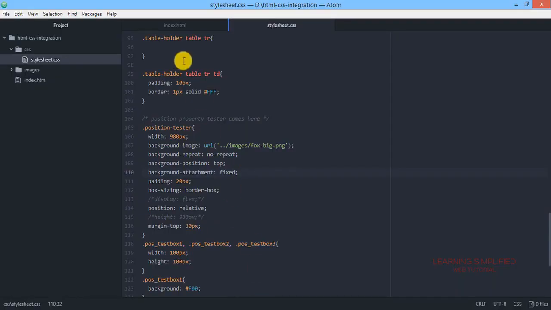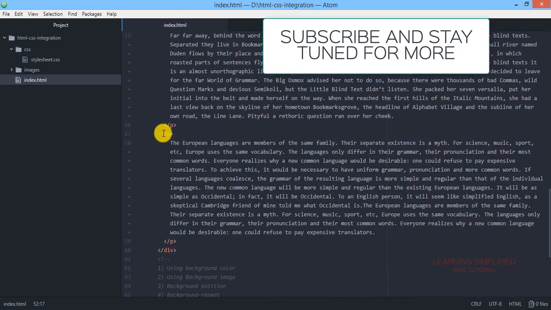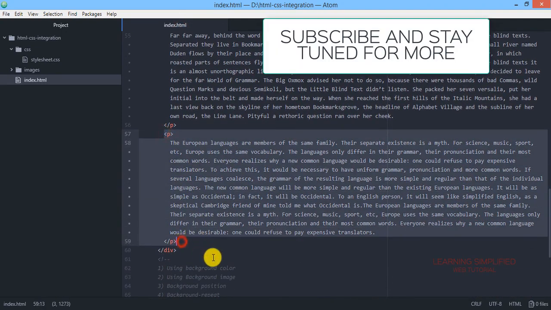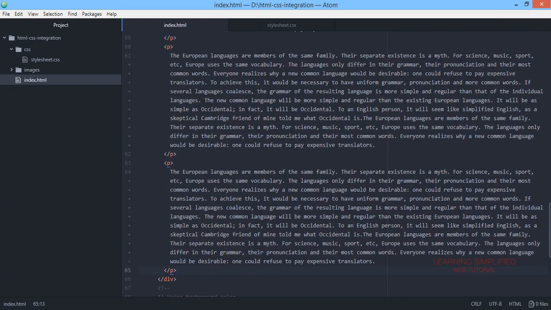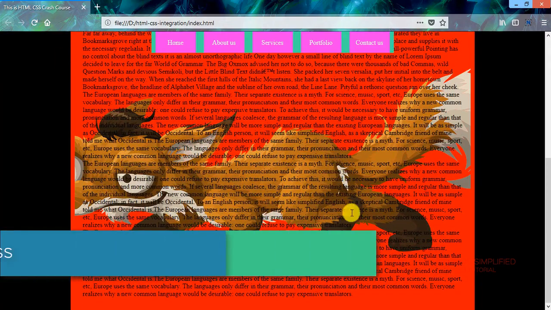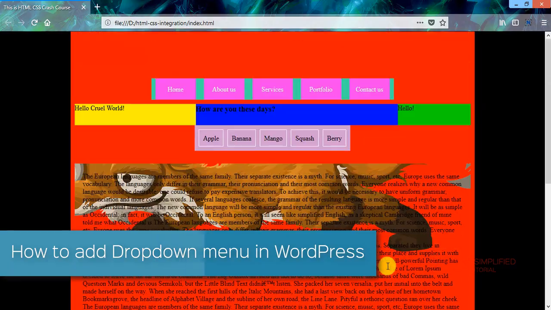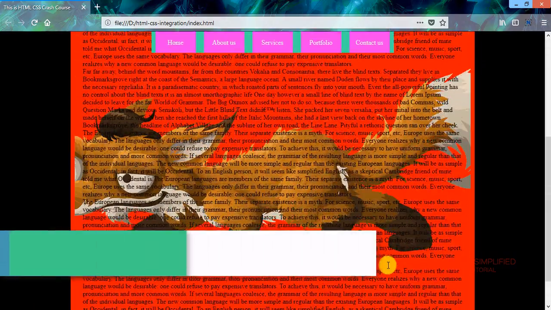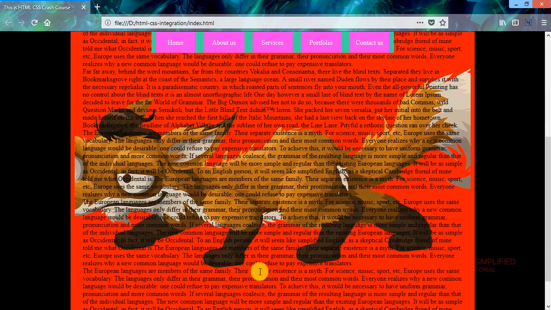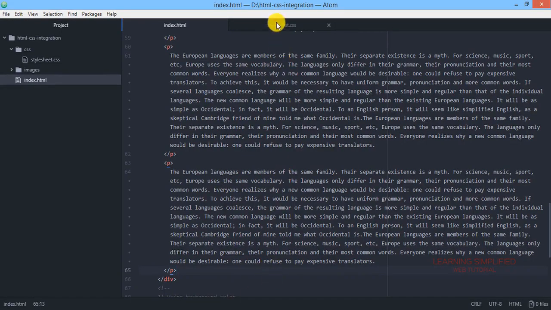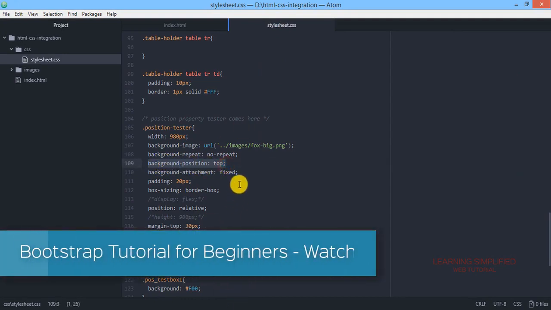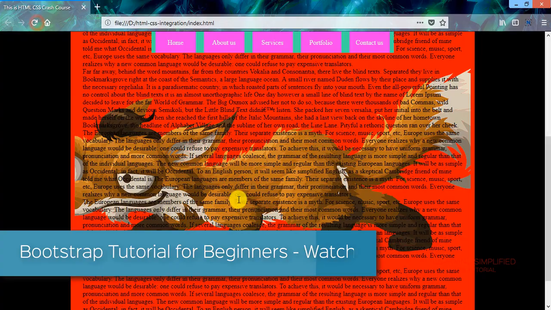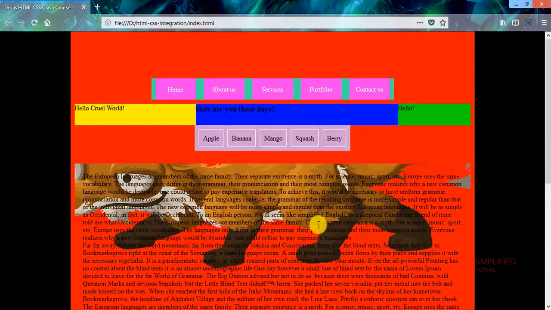In order to understand it better, let's get back to index.html, and here we are going to increase this particular content that we have used over here. There it goes, reloading, and now we can see that there is a lot of content being used presently, and practically this whole div element is getting scrolled over this fixed background image that we have used. And we have stated that this image will be positioned at the top position of that particular element. So this is exactly what is being observed over here. The image is now placed on the top.